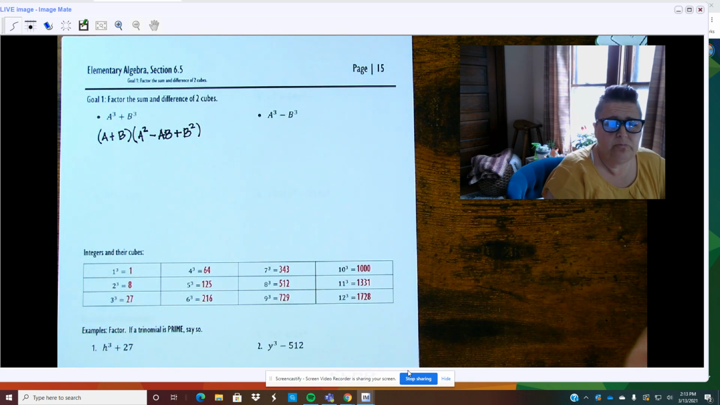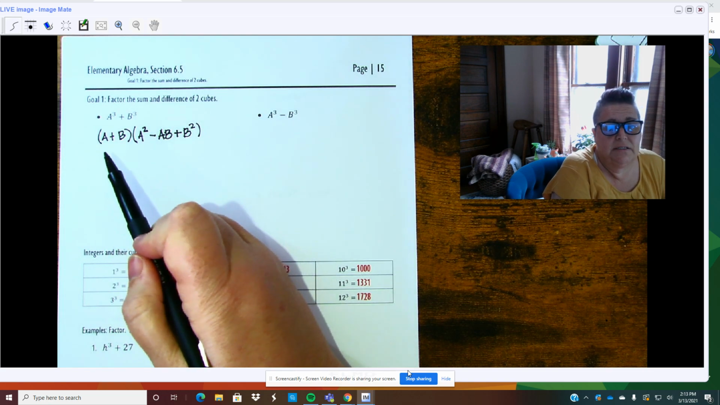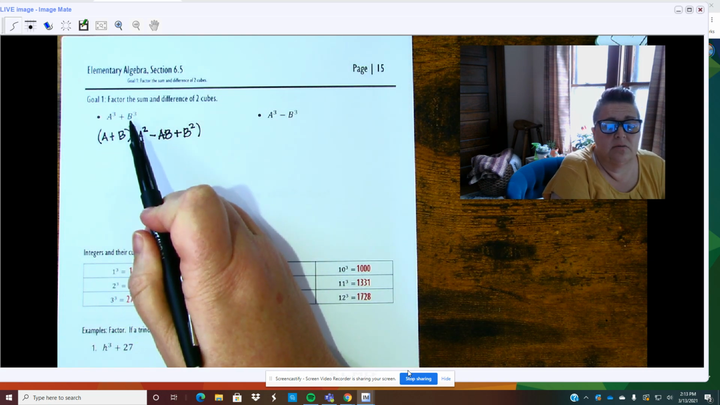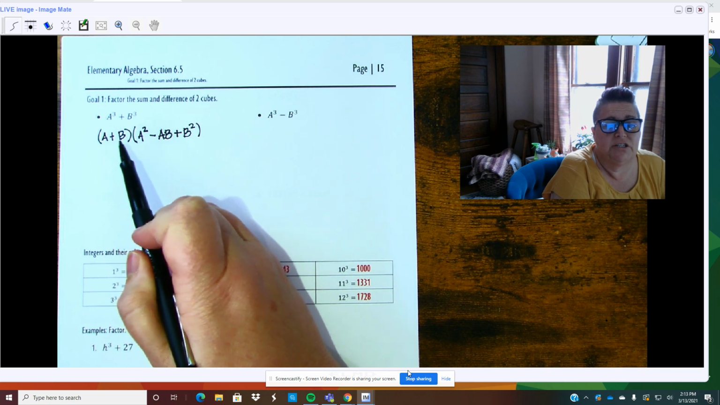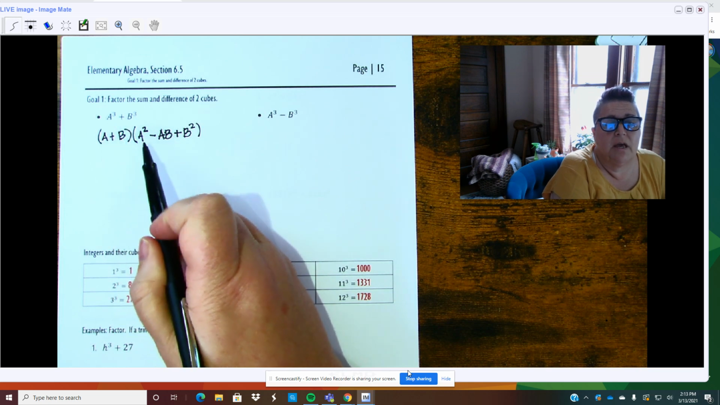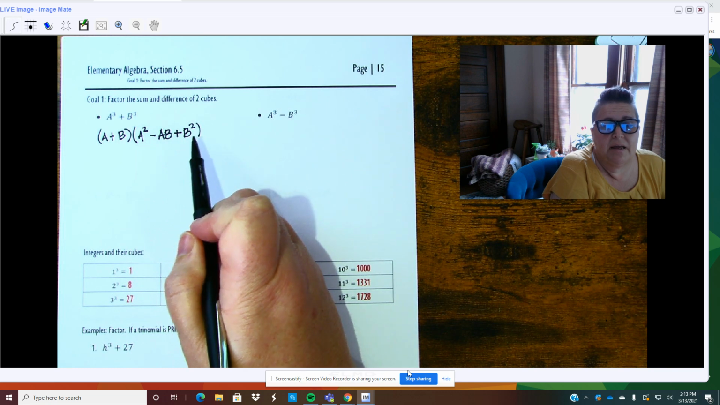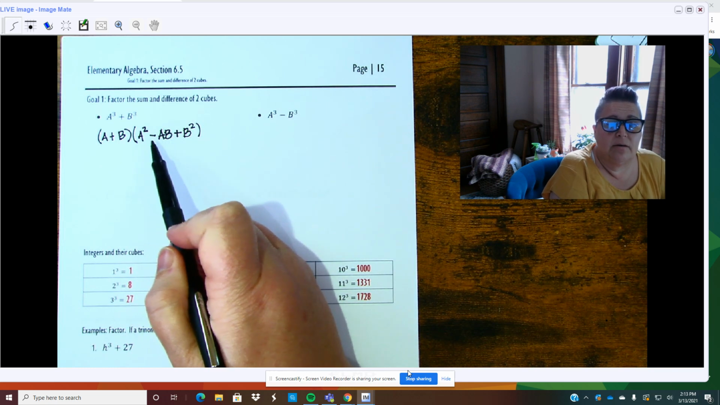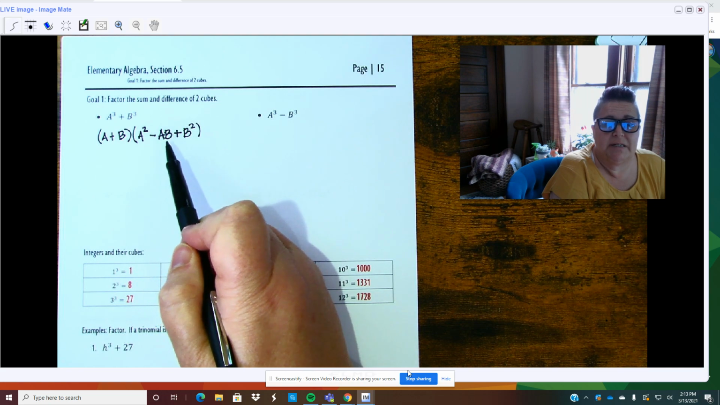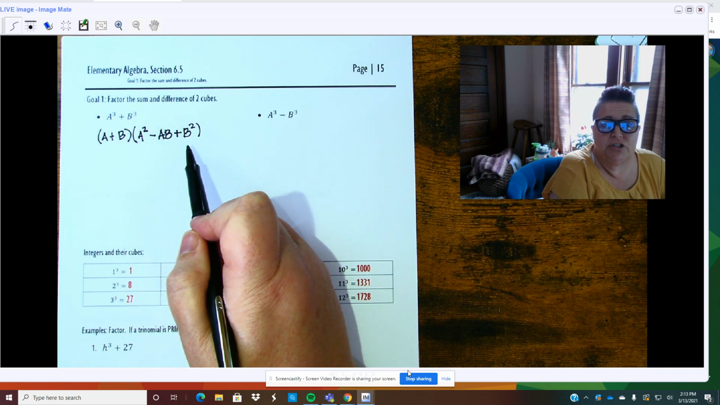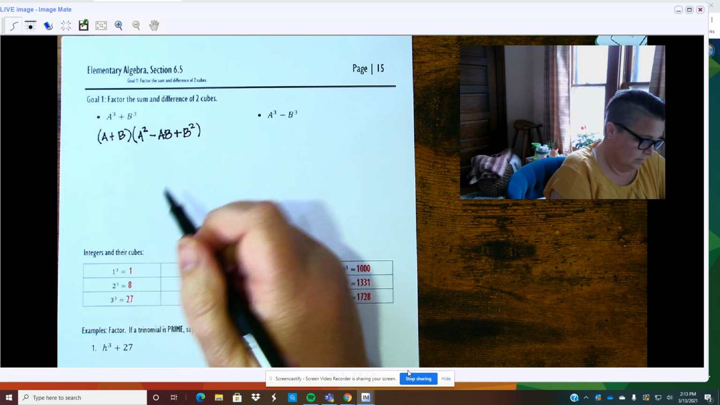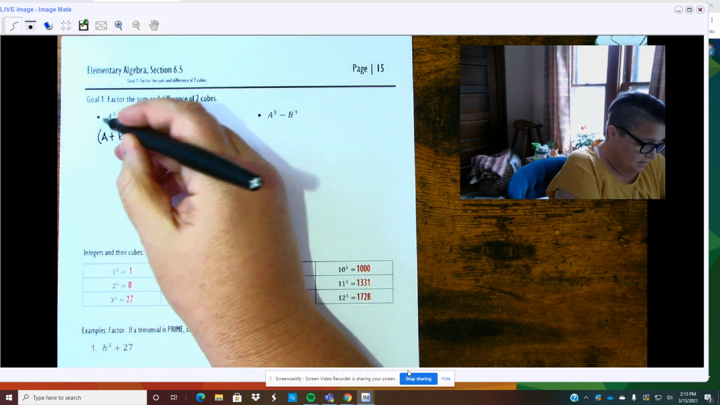So it is always a plus b, the cube root of the first term added to the cube root of the second term. And then we're going to multiply that by a trinomial, where it's always the first term squared minus the two terms multiplied together added to the second term squared. Okay. The signs,